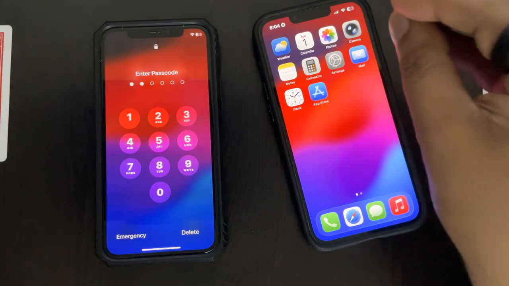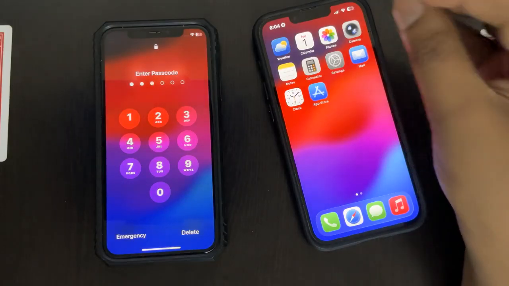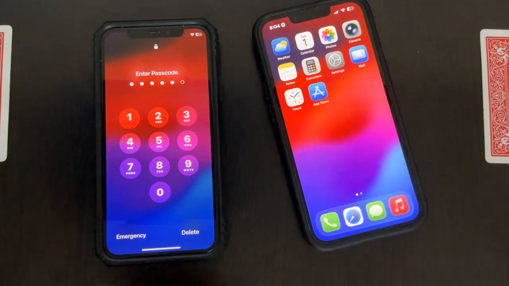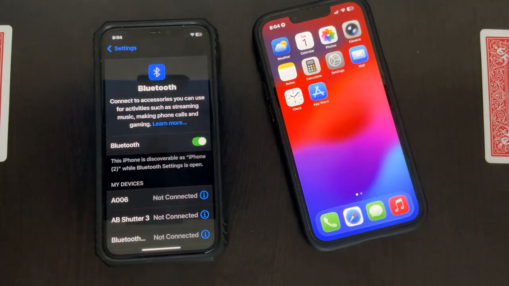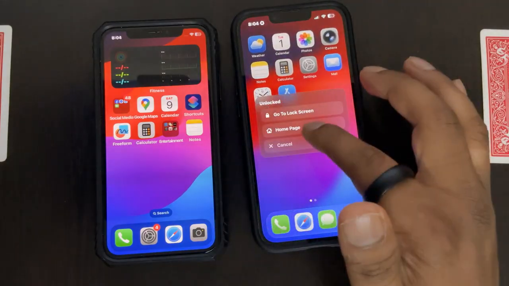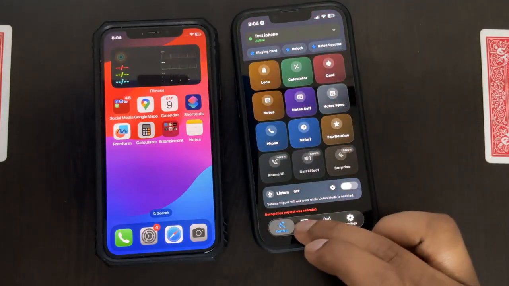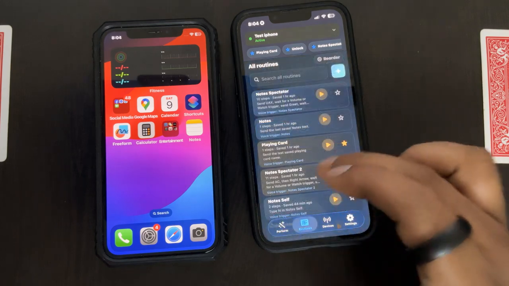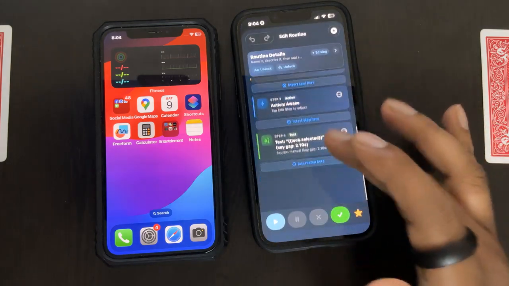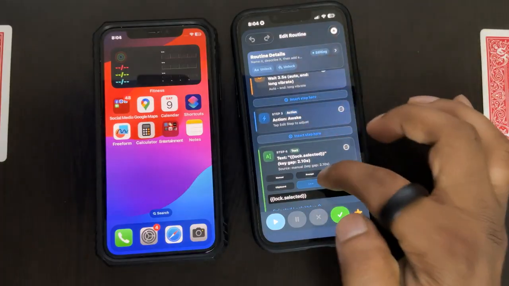And since I have set the unlock routine to auto trigger, it auto triggers. Okay, so that's how it is. So by default it won't be this. I have just changed it, so you might be seeing automatic unlocking, but by default in unlock routine it will be